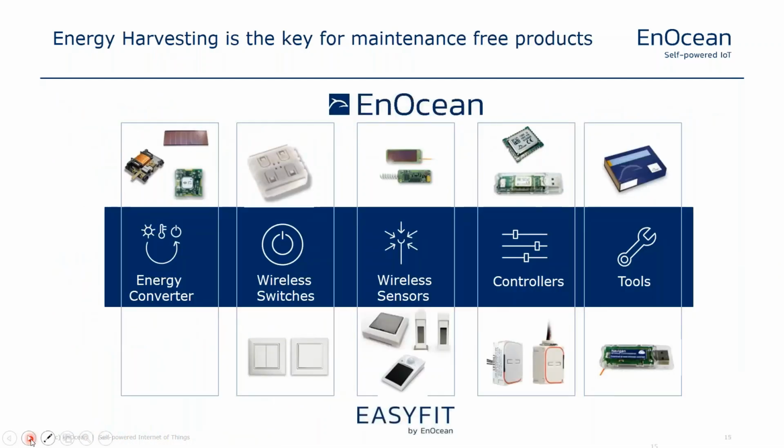Okay, now I'm coming to the end, summing up what we have seen. EnOcean is providing energy harvesting. This is a key for maintenance-free products. We are providing components, the harvesters, like the Eco 200 kinetic harvester, the solar cell, or thermo power converters like the ECT 310. Then we are providing modules for own designs, with different housings from the customer side.